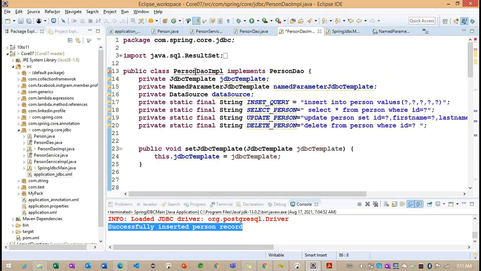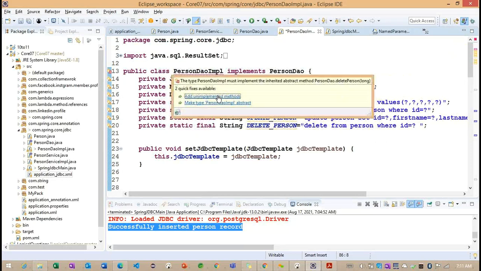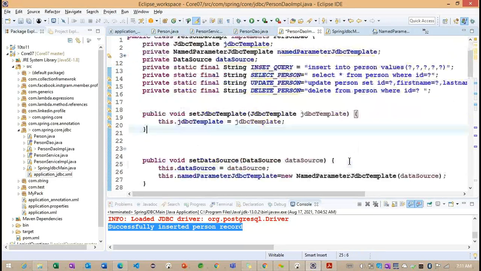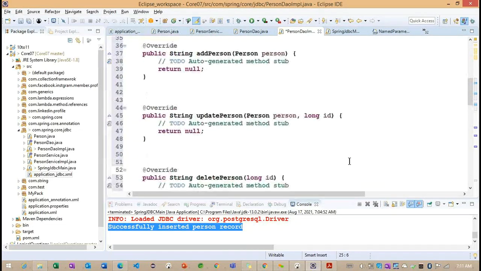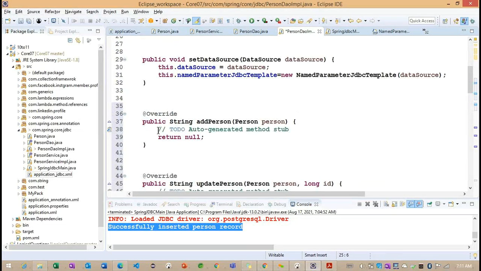I am implementing all the methods: add person, update person, and delete person. First we'll focus on add person.